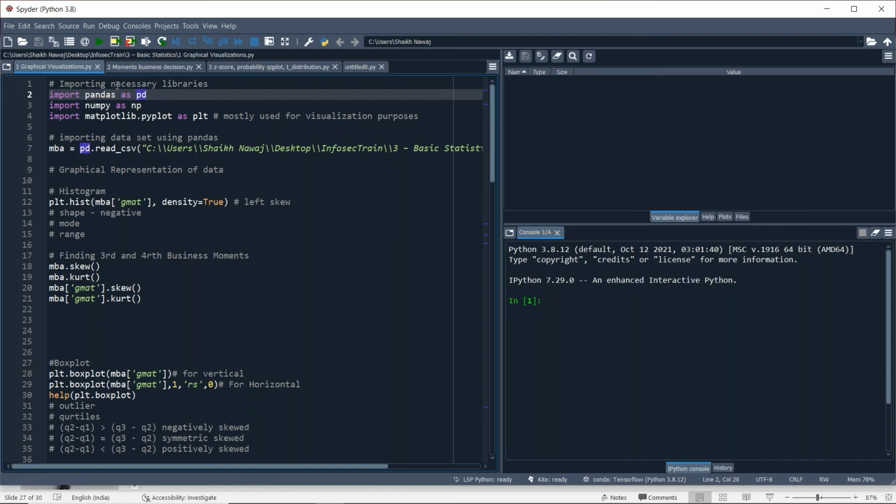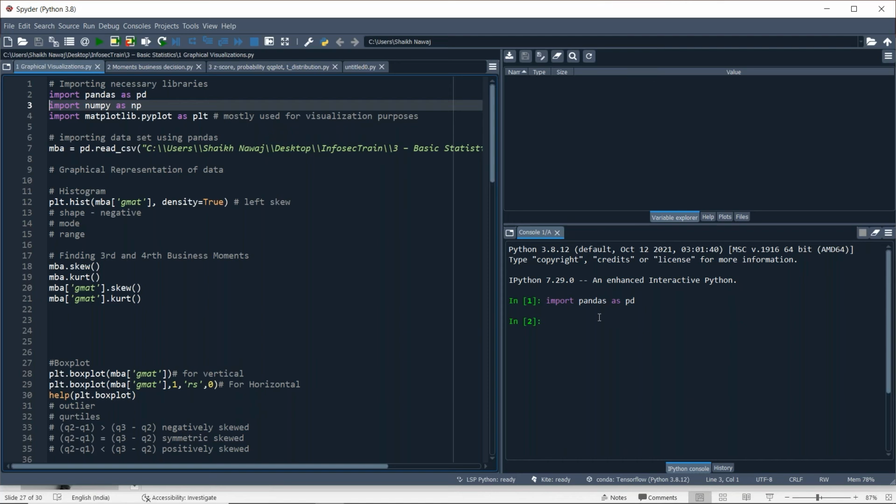So let's start with our code. First, let's import pandas as pd. If I run this, you will see that it's running.